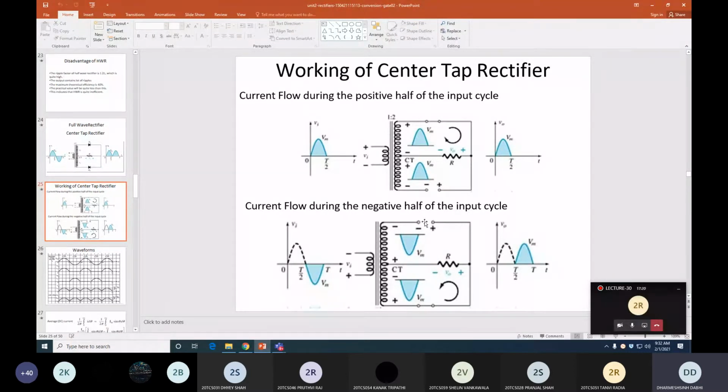right to left. Here you can see that in the upper half, when positive supply is given, current is flowing in clockwise direction, but current is flowing from this point to this point. Clear? Right to left. In the same way here, when the lower half circuit is on, diode D2 is on, current becomes anti-clockwise, but current flowing into the resistance is again from right to left. It means from this to this point.